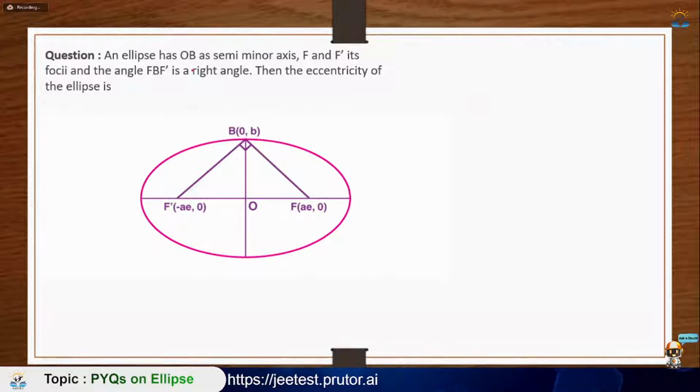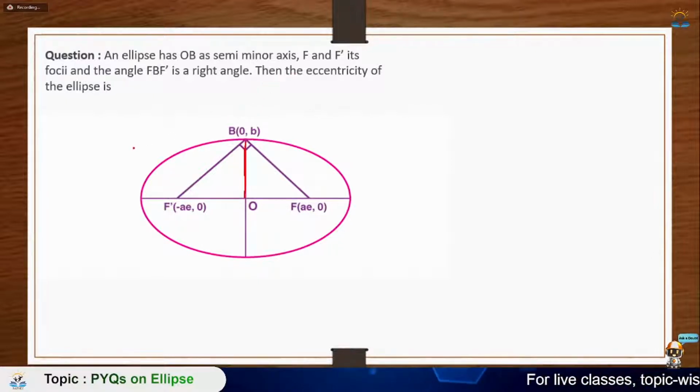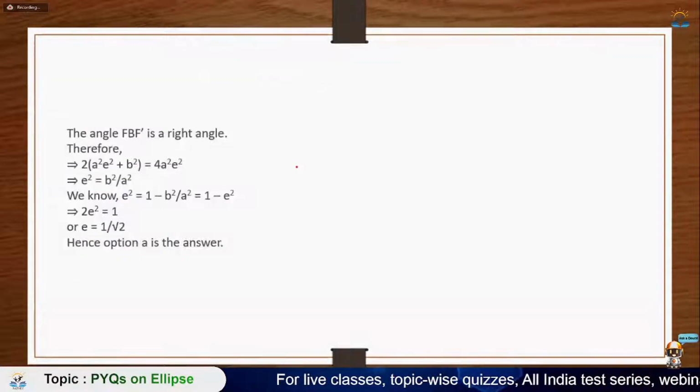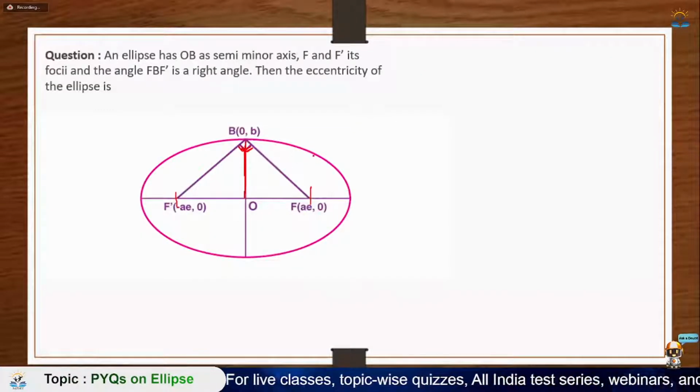An ellipse has OB as semi minor axis. ये जो मेरी OB axis है ये semi minor axis है. एंड एफ एंड एफ डैश आर इट्स फोकाई, मतलब एक फोकाई ये है और एक फोकाई ये है। एंड द एंगल एफ बी एफ डैश इज राइट एंगल ट्रायंगल, राइट एंगल, ये 90 डिग्री दिया हुआ है मुझे। देन द एसेंट्रिसिटी ऑफ द इलिप्स इज हाउ मच।